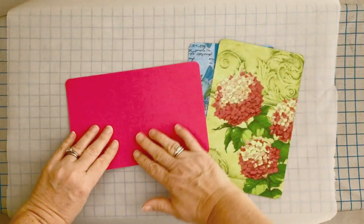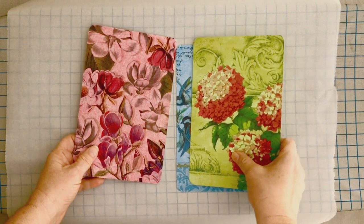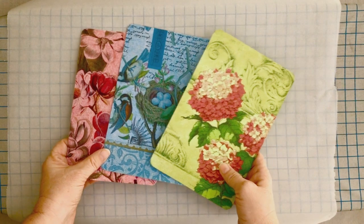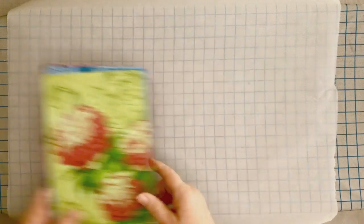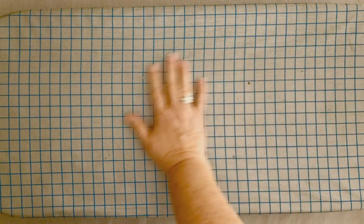So this is just cardstock and this is a napkin on top. And it is not Mod Podged on there. We're gonna iron it on with Saran Wrap and I'll show you how. So here we go. First of all, start out with some ironing board or